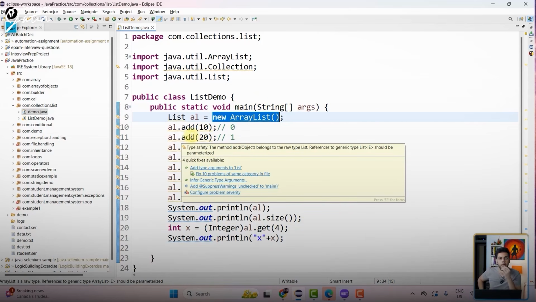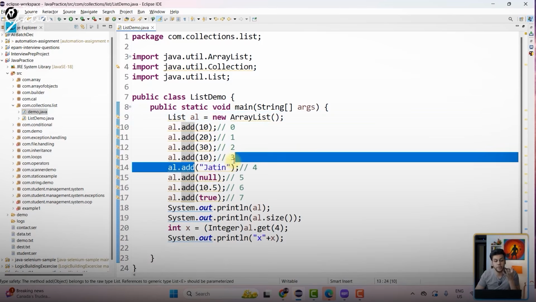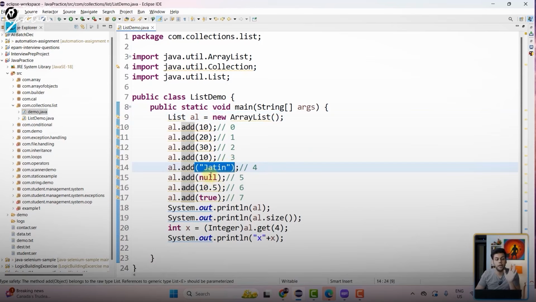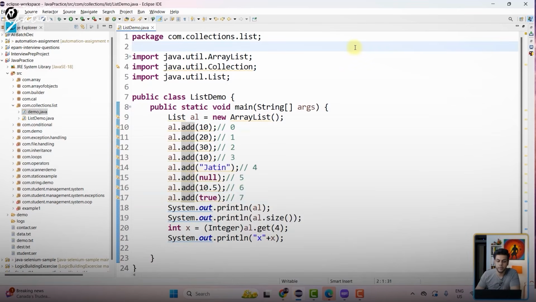I'm saying add 10, add 20, add 30, add 10, add another string, right? Add null values, add double value, add boolean value. So we are adding even the heterogeneous data types. Different data are getting stored in your array list. Is this part clear to everyone?